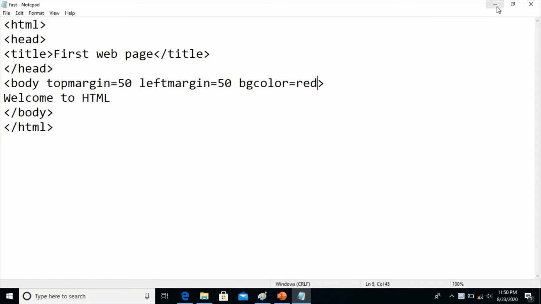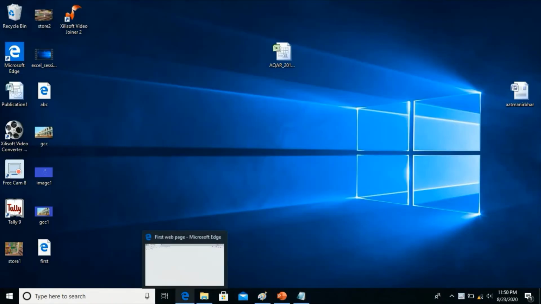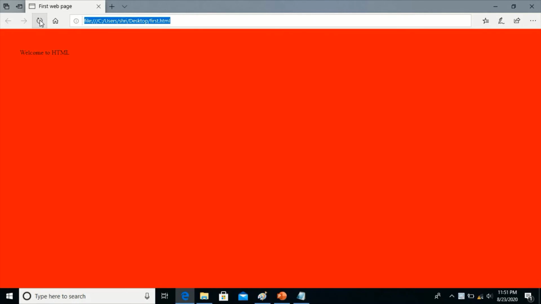Let us save the file and minimize it. Go to browser and refresh this web page. Either this refresh button can be used or the shortcut key F5 can be used to refresh the page.